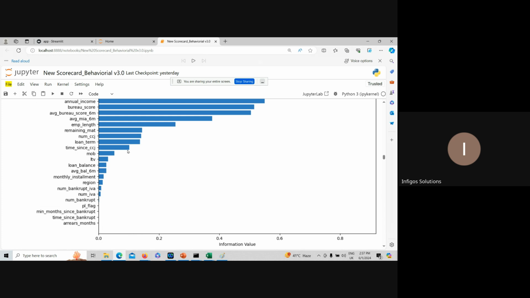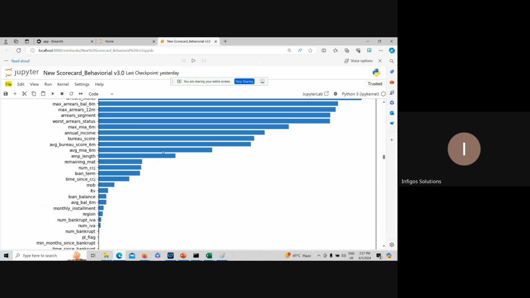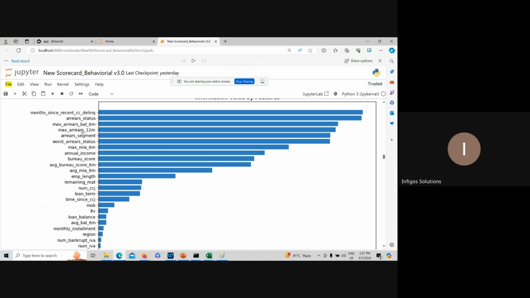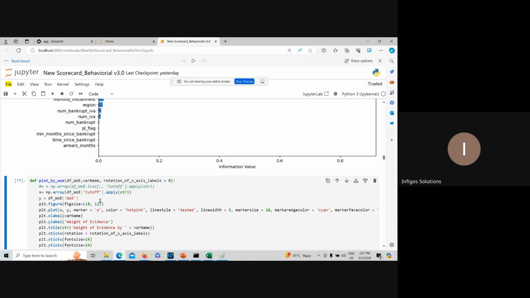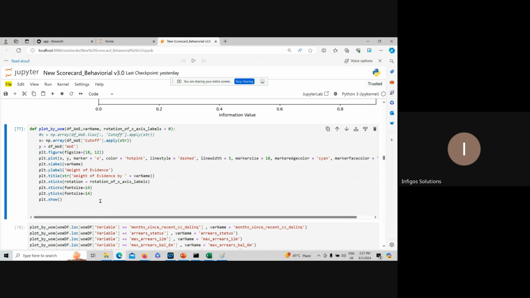You look here. Like this one, this one, this one, this one. Until here we have approximately 12 variables which have information value greater than 0.1. So next thing we do is,